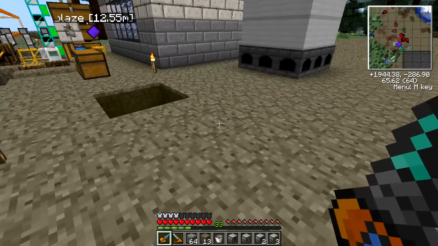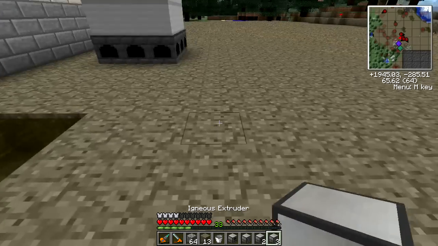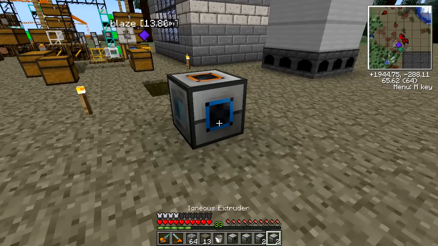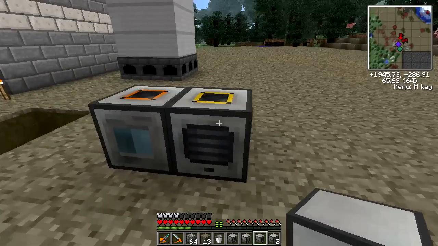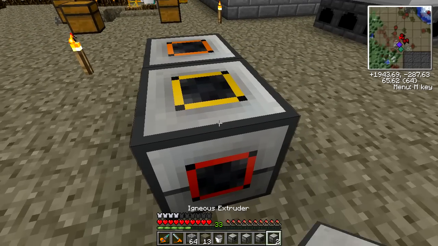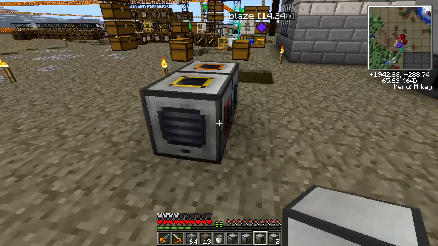We'll be fine. So first thing we're going to do is put down an igneous extruder. We're going to put it like this. And that's going to feed into a pulverizer. And what we're looking to get from this is sand, but specifically gravel. We want, actually, we're going to want this going a different way. We're going to put the, there we go. We're going to put the pulverizer going...